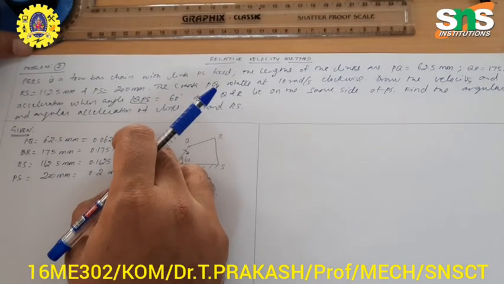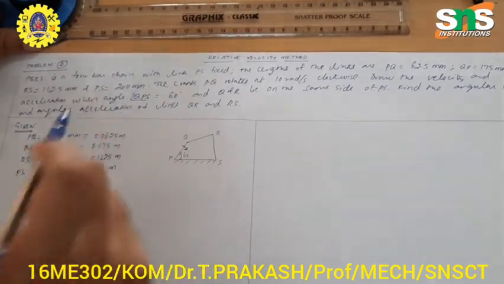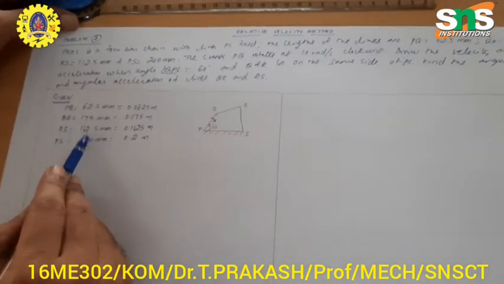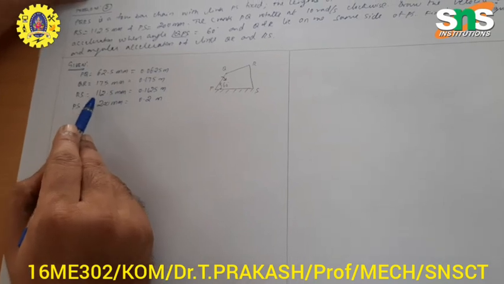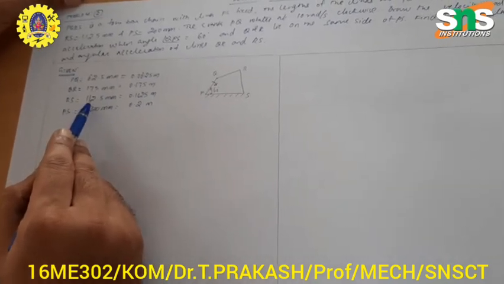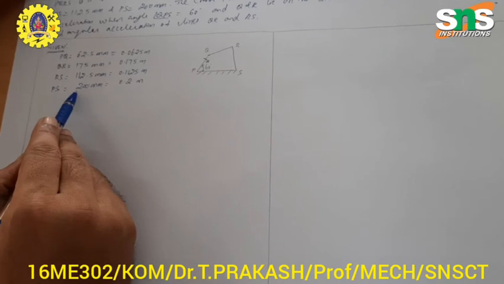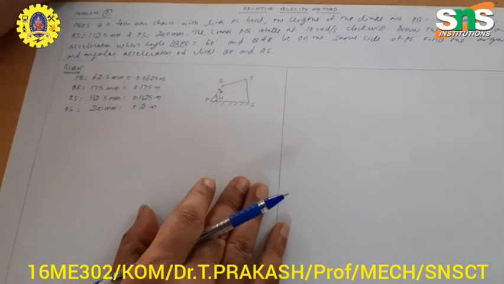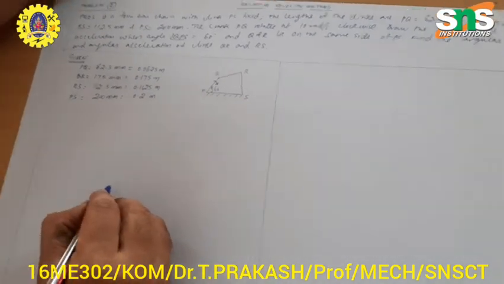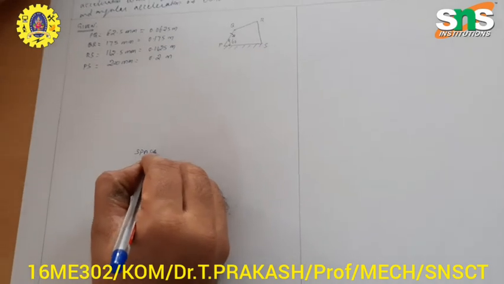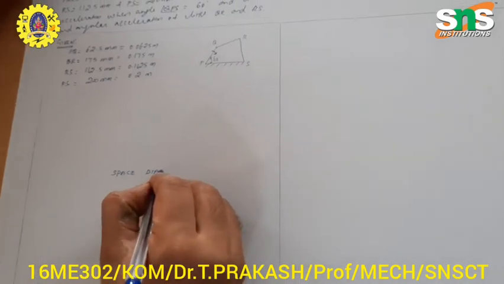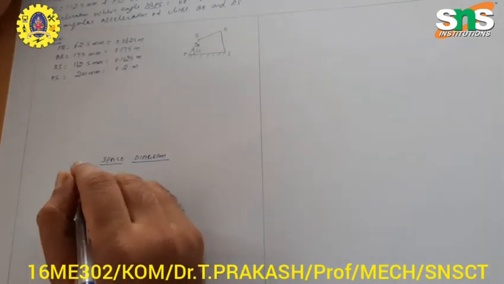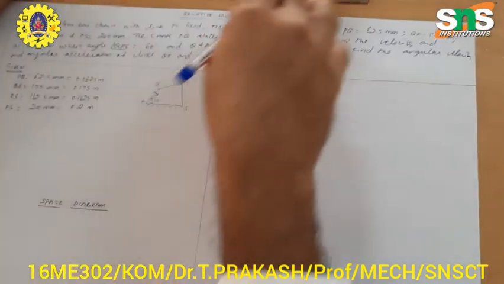For drawing purposes we take it in centimeter scale. Directly 6.25 centimeter we can draw. You take a scale ratio for this and all: 17.5 centimeter, 11.25 centimeter, then 20 centimeter. The remaining things we are going to convert into centimeter scale, taking a scale ratio for the space diagram. Next you draw the space diagram. We take a scale ratio of 1:10 for reducing scale.